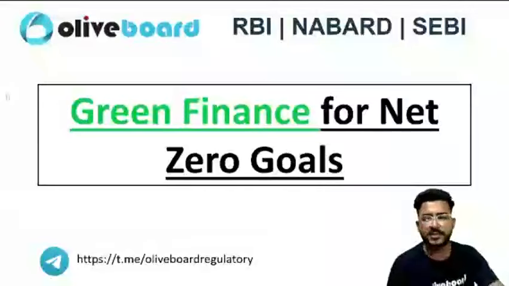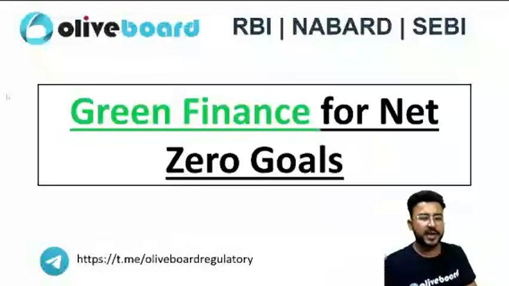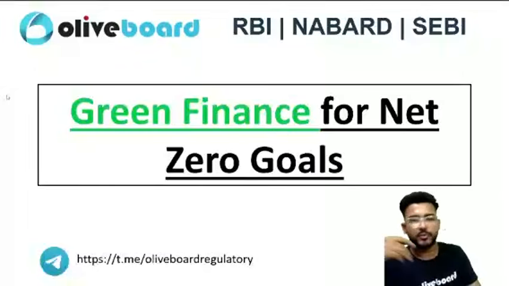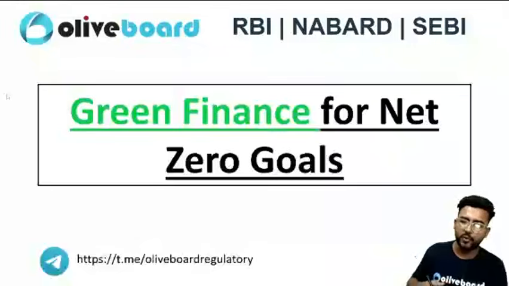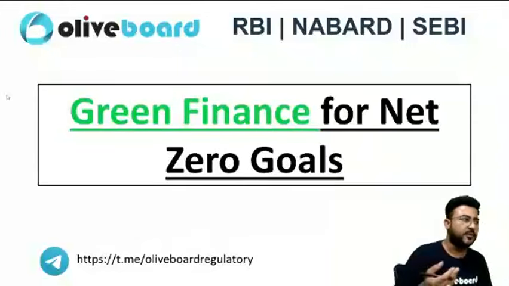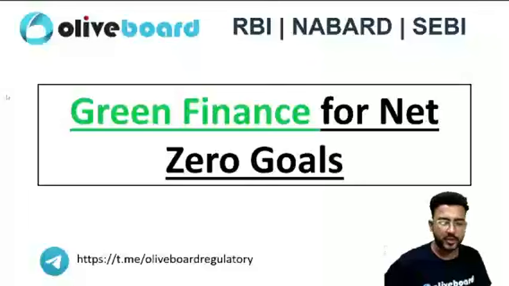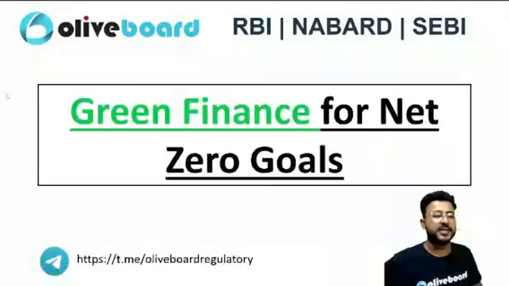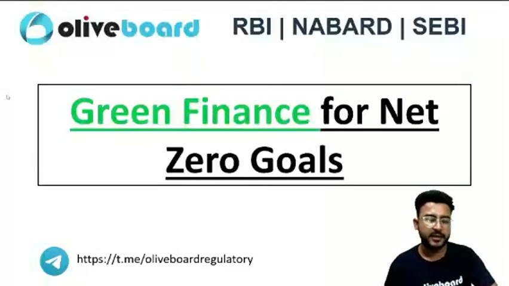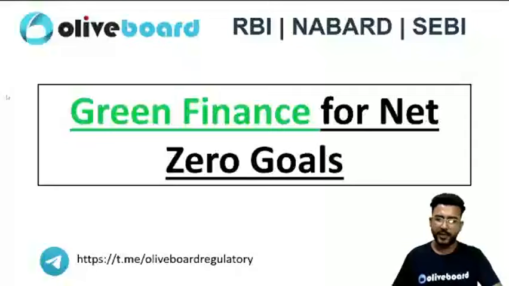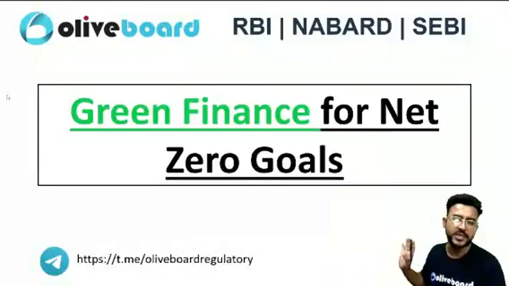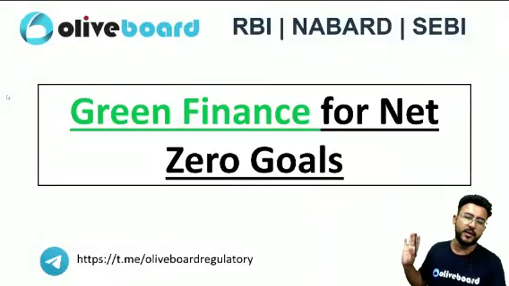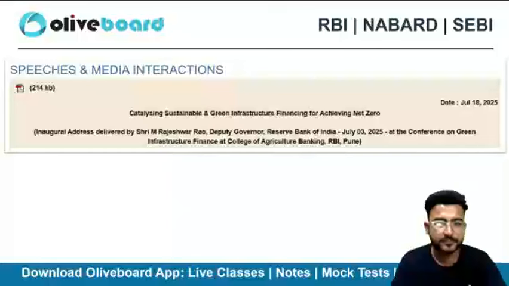So I know that this DPI data is not from your RBI circular. इससे पहले भी जो हमने फाइनेंशियल इंक्लूजन इंडेक्स पढ़ा था, फिर अभी जो ये पढ़ने वाले हैं, ग्रीन फाइनेंस फॉर नेट जीरो गोल्स. But what I want to do in this session is cover at least the important things, not just the circulars, but some of the things related to circulars. Now this is from an RBI deputy governor's speech, so I won't be covering it fully. I'll be just underlining a few words that you just need to give a quick reading, right? Not much detail of this speech. It will be major things, that's it. And then again we'll be moving to the circular, right?